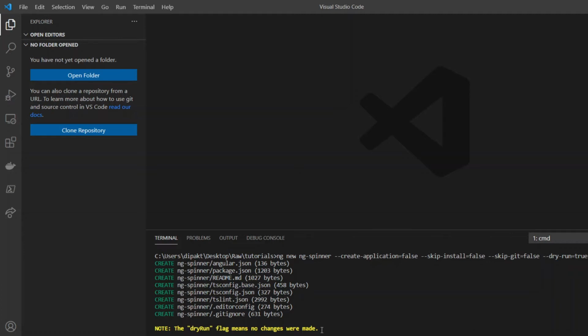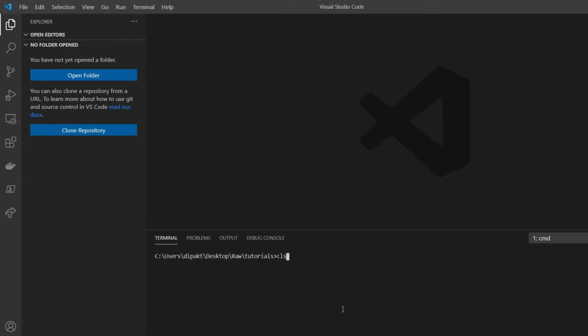And dry-run is just to show which files are going to be created, instead of creating them in the actual file system. So we see that all these files will get created once this command runs. Now we will use the same command as last time, but remove the dry run.